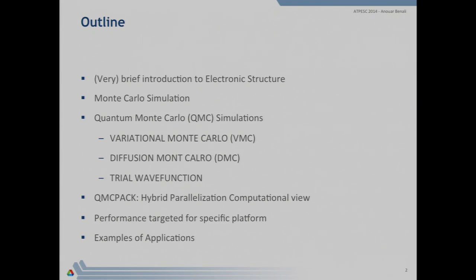Then the transition to quantum Monte Carlo simulations with its two most common or most used flavors, the variational Monte Carlo and the diffusion Monte Carlo. We're going to introduce the concept of trial wave function, then how it's applied in a code called QMCPACK, that is a collaborative code between multiple institutions, the hybrid parallelization concepts, and where the computational costs really come from. I added a part which is how to target a specific supercomputer to achieve high performance. And finally, when we put all this together, some examples of applications that we can achieve using this type of